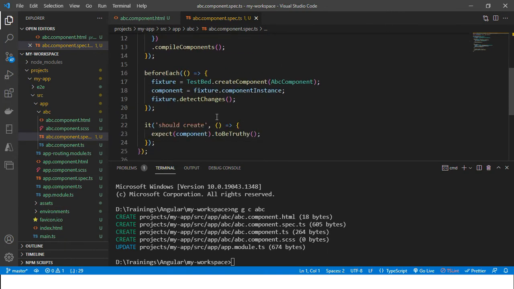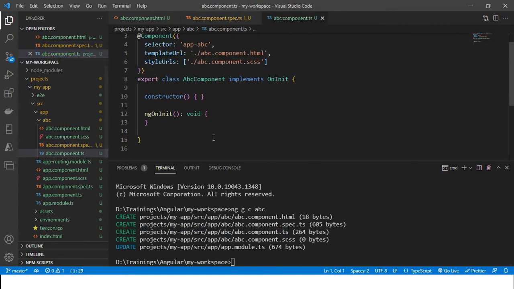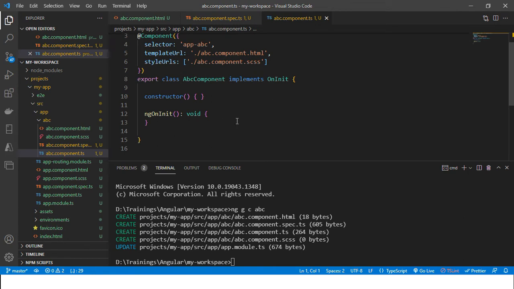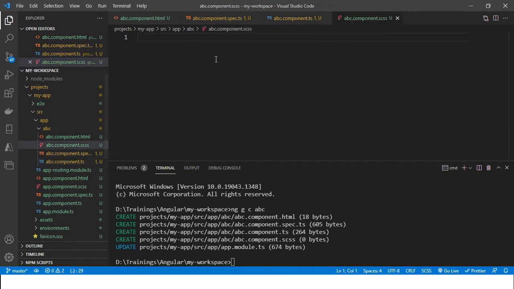We can write unit testable code here for every statement in the abc.component.ts file. This is our logic; the actual logic will be placed here. And this is the abc.component.scss file, where we can place our styles related code.